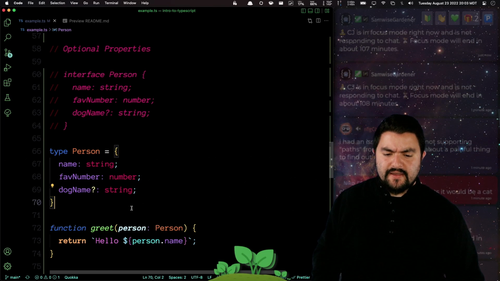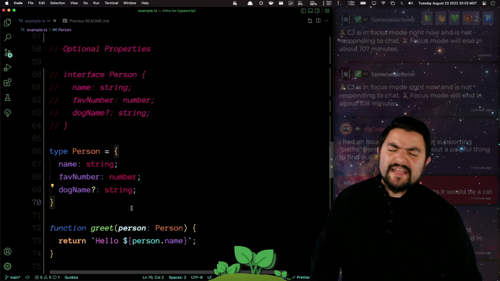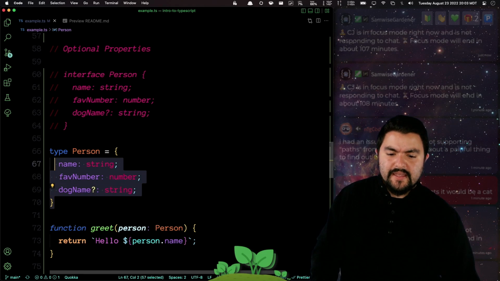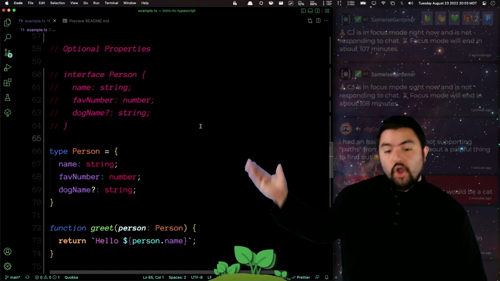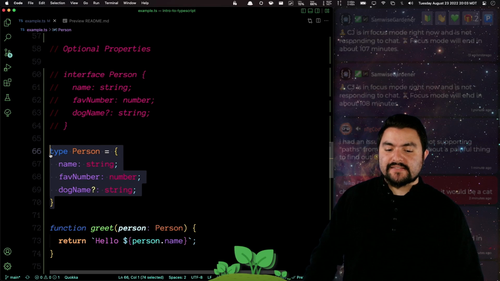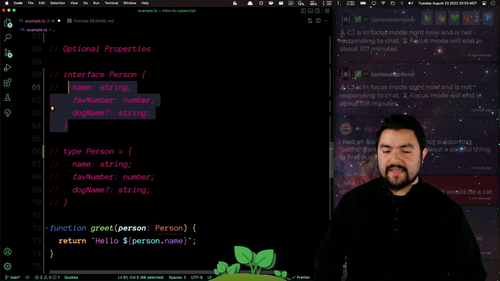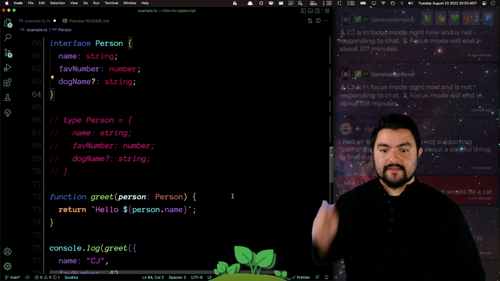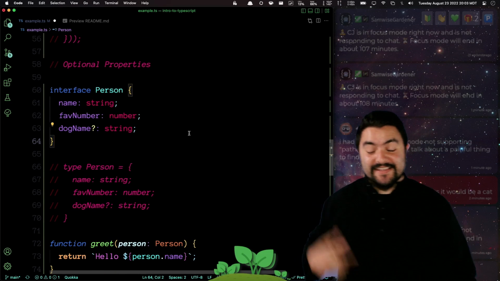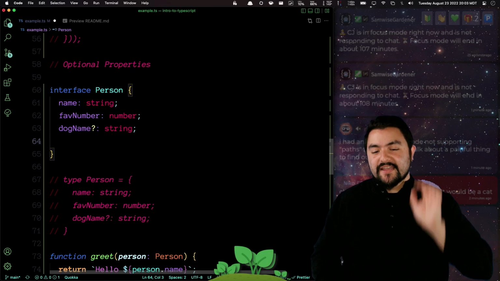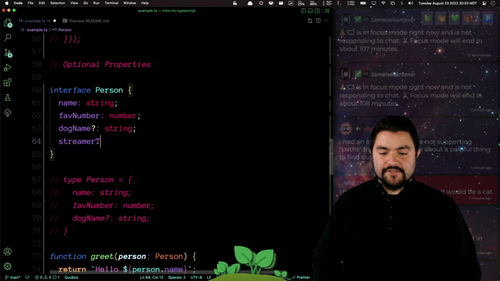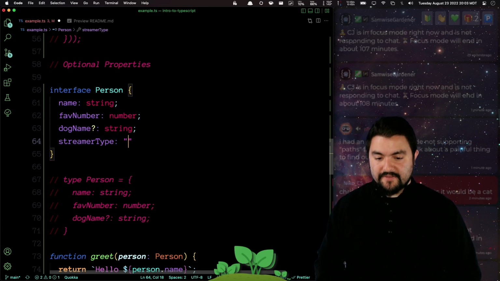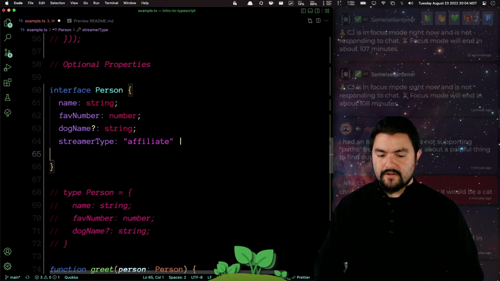And let's actually talk about that now, because I don't think I planned on talking about enums, but a type can be used in a similar way. But let me show that. So for all intents and purposes, these two things do exactly the same thing, but there are other scenarios where you would use a type over an interface. And let's actually do it on the person here. So if we do something like streamer type, and this can either be affiliate or partner,